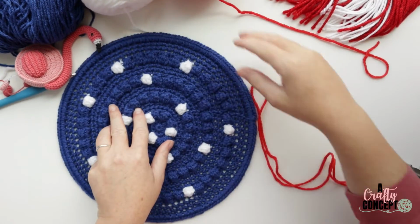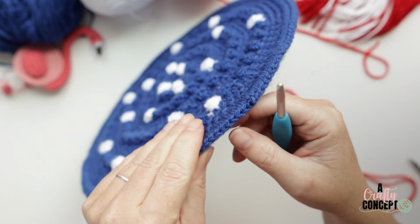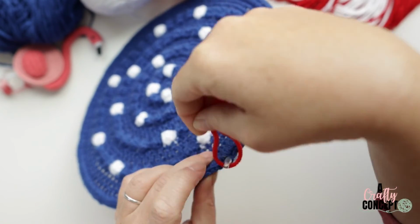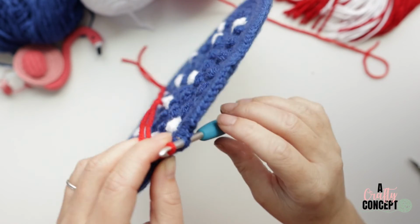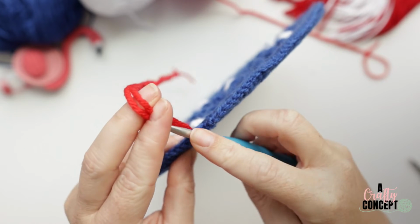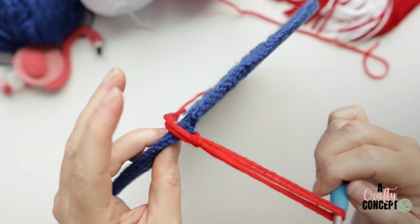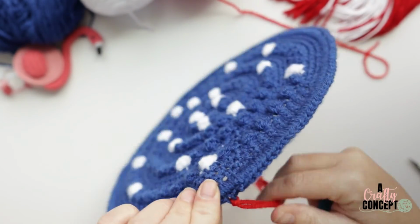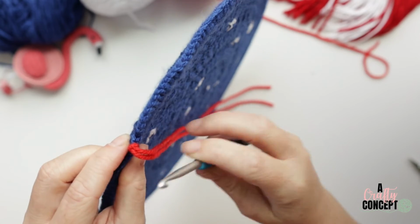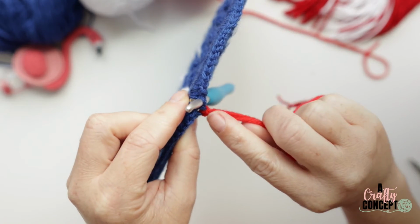So to attach your fringe to your piece, you're going to insert your hook into one of the stitches like that. Grab your fringe. After you fold it in half, there's going to be like a little loop created. Grab your fringe through the loop, pull it through the stitch on your hook, grab the yarn again, pull it through the loop you just created all the way through this time, and close it up. And that is how we are going to attach our fringe. I did come in through the bottom or the back side of our work here. So go in through the back side, and that's going to create this nice pretty knot on the front side